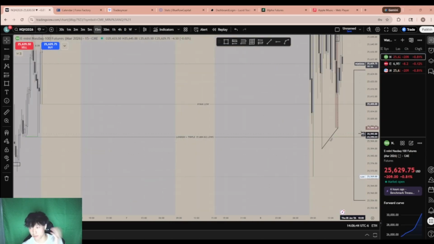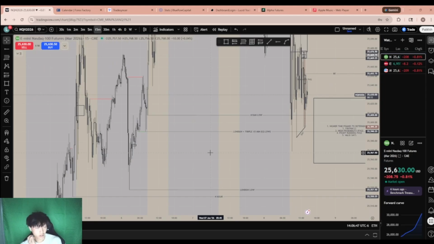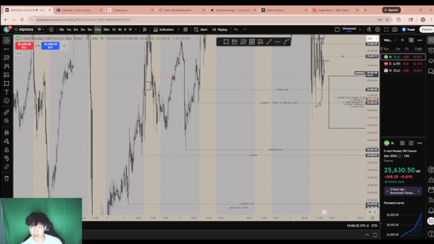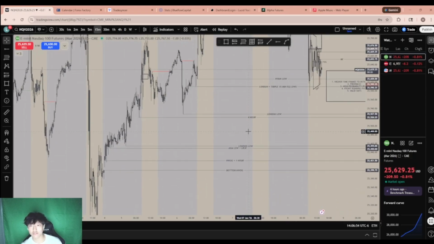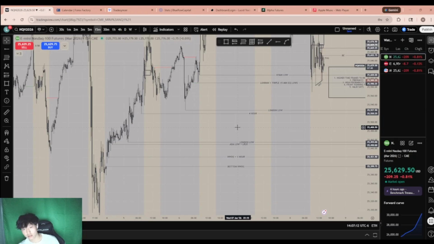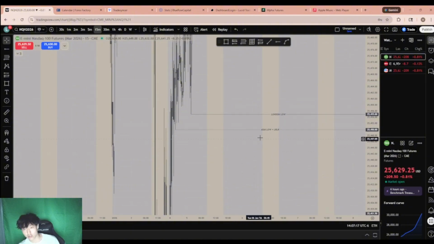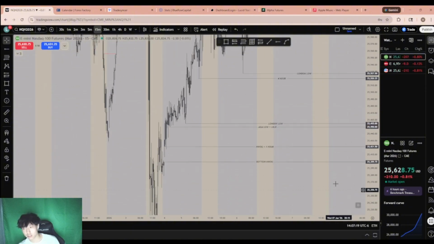All right, so you guys basically get it. I don't want to type all that out right now. Delete that. And we still have a lot of draws to the downside. London low and Asia low plus LRLR, which LRLR just basically means low resistance liquidity resting. And then Asia low and London low are pretty much equal lows, so you probably wouldn't target London low. You target Asia low, just because it's 5 points away.